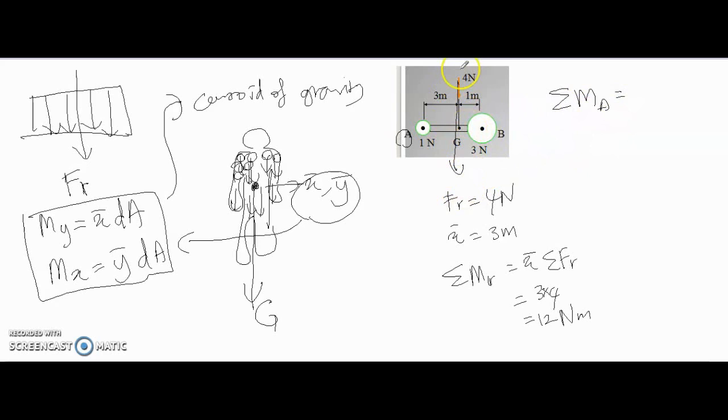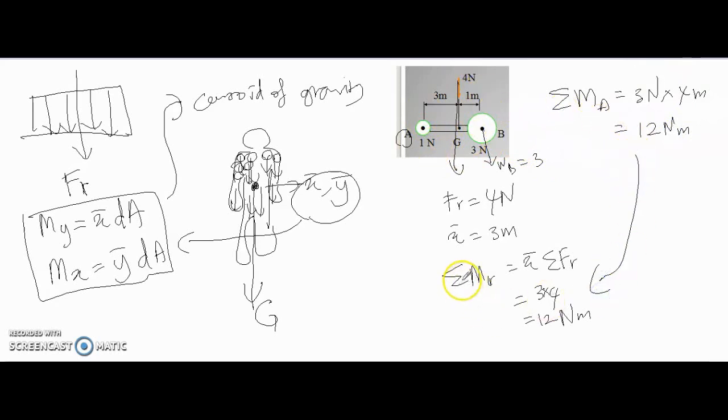If we neglect the resultant force, let's say we don't know the resultant force, we only have the force from the weight of B here, WB is equal to 3 Newton, and then the line of action is from A to B, 3 plus 1, 4 meter. So this is also 12 Newton meter,